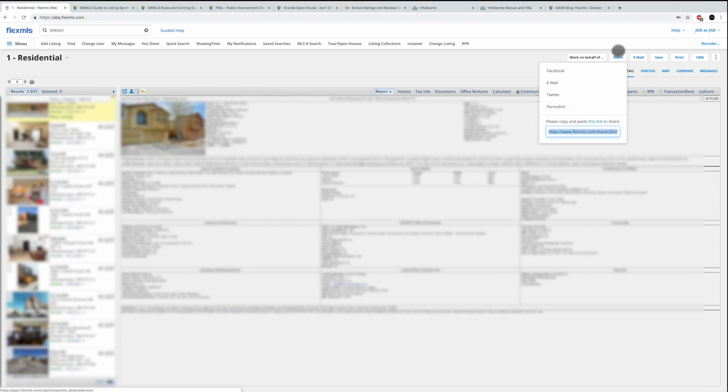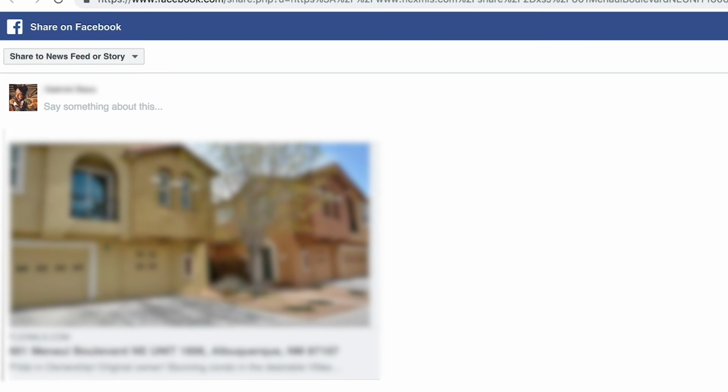The primary feature of this, if you want to share on your Facebook page, it's going to bring up the share on Facebook box, probably ask you to log in, and then you write your message, and you can go ahead and post that property, your listing, and advertise that on Facebook. I'm not going to do that for testing, but that is going to